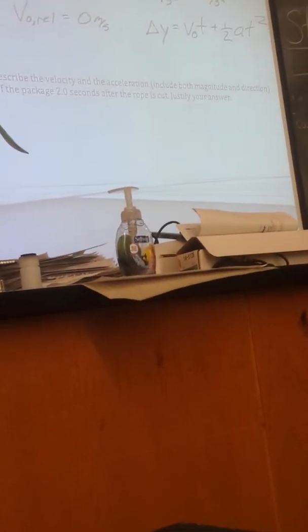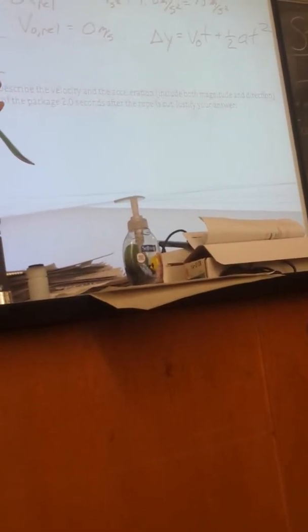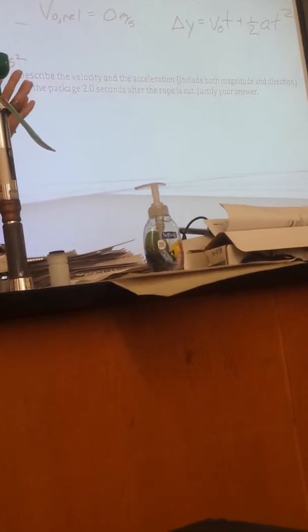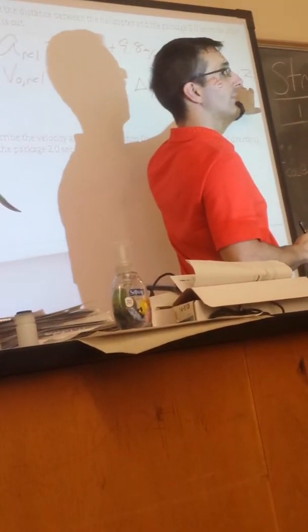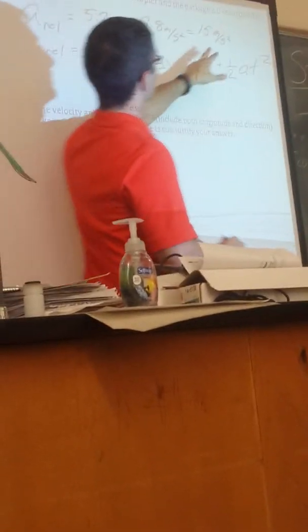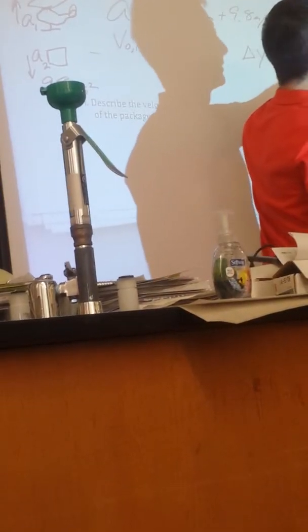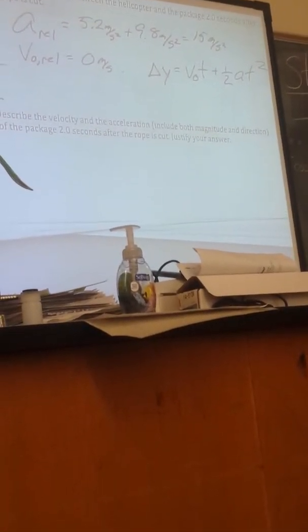I bet I keep stopping the whole thing, but how did you incorporate the 2 seconds into C? I'll put that in for the time. So when I solve this, it'll end up being half of 15 times 2 squared. Yeah, so it'll be like 30 meters apart. Okay. All right, so